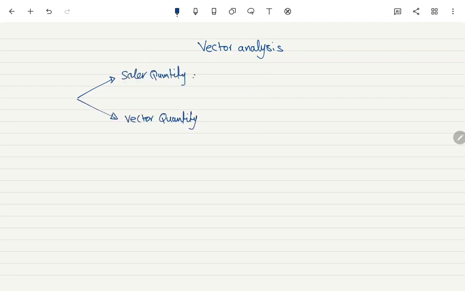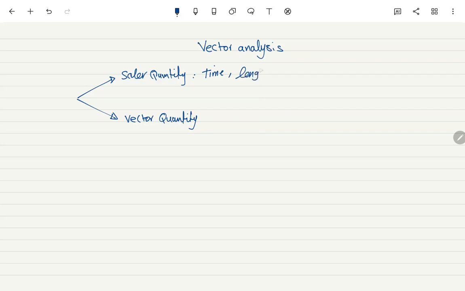Hello everyone. In this lecture, I would like to discuss vector analysis. Quantities in physics are divided into two main categories: scalar quantity and vector quantity. Now, a scalar quantity is a quantity that requires only a magnitude, no direction required, like time,